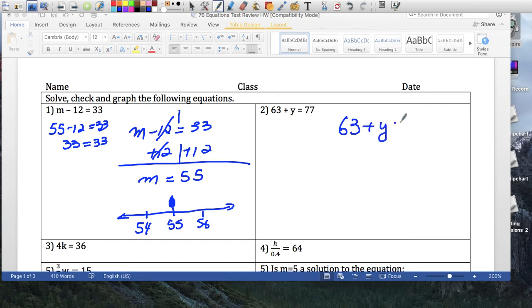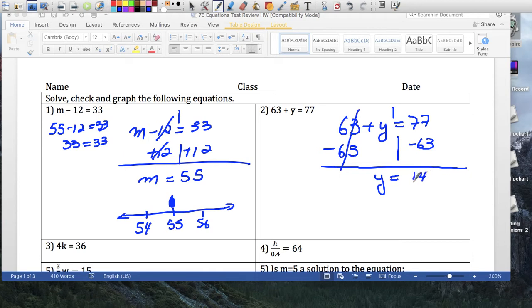63 plus y equals 77. Use inverse operation. We're going to do minus 63 over here. Y equals 14. Let's see if that's true. So 63, we'll replace the y with 14, equals 77. 63 plus 14 is indeed 77, which equals 77 on this other side. So my equation here is correct, right? 14, 15, 13, circle,